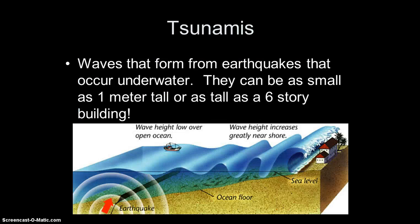And the last thing we're going to talk about today are tsunamis. These are waves that form from earthquakes that happen underwater. If you look at the diagram on the left-hand corner, you can see that's a reverse fault. The left side, the hanging wall of that reverse fault, has moved up with an earthquake. It's shoved that side up vertically, and all the water sitting on top of it. So if that ocean floor gets pushed up, it pushes the water up too, and it creates this big ocean